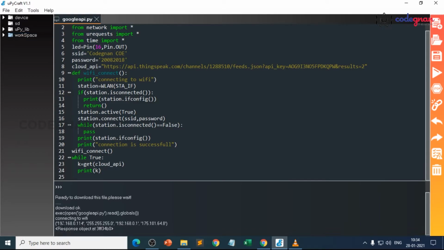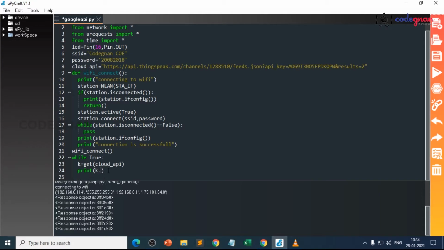Wi-Fi is connected to this IP, and this is the external IP, but we are getting the response in an encrypted format, so we need to decode it here. Just add dot text, a simple thing. Now if you print, save the program and run the program again.